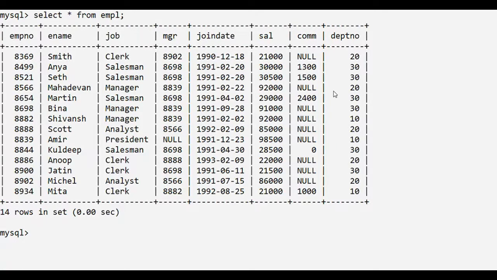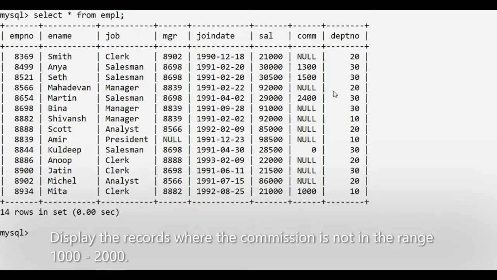Let's take another example. Suppose we want to display only those records where the commission is not in the range 1000 to 2000.